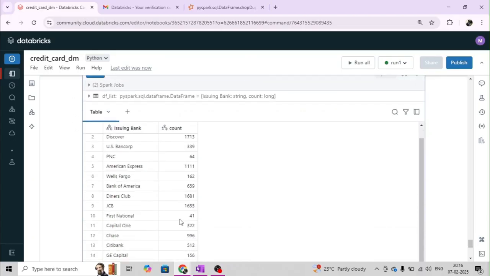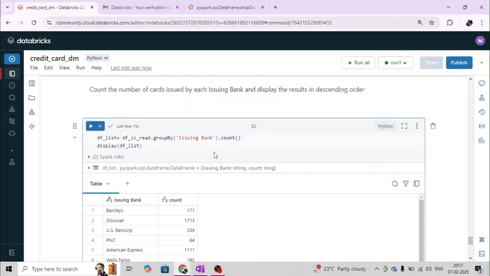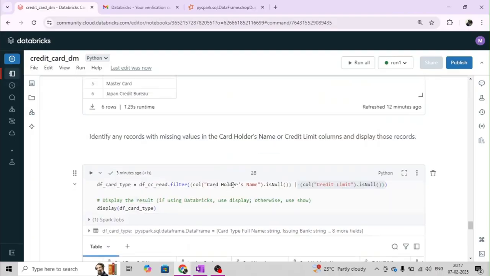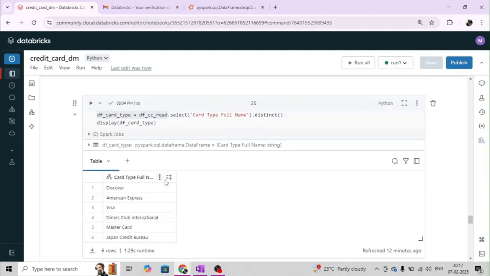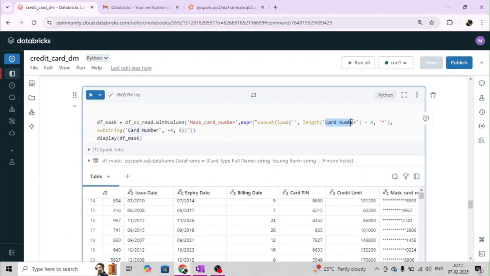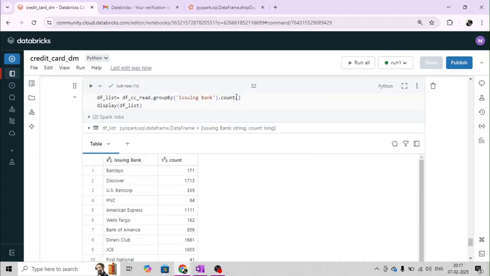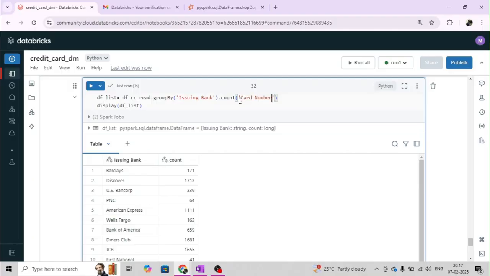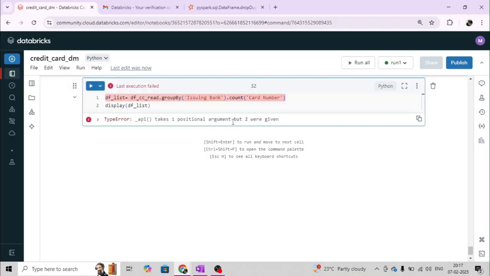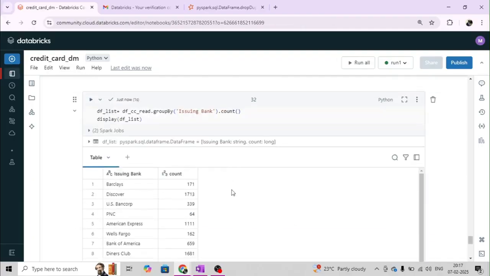So we can see we have got the count, like Barclays has issued this number of cards. Or we can use the card number over here, or card holder's name, or card type, not card number. Where is card number? We have used it somewhere. We have this card number, so just count the card number and we will get the unique values of the card number. Let's try to run this. Okay, I think it will not take any argument, so we just have to use the count. That's fine, this way we can find it, and then we can use the